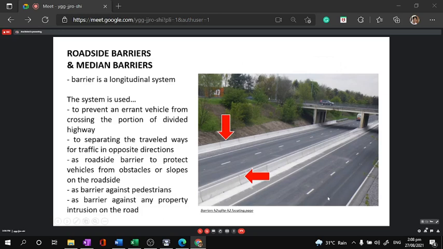So it separates a travel lane for opposing direction, serves as a barrier to protect vehicles from the given road area, and then sometimes for pedestrian as well, para di sila mag-crossing. So also, this one serves as a protective area to tell everyone that this is part of the road system